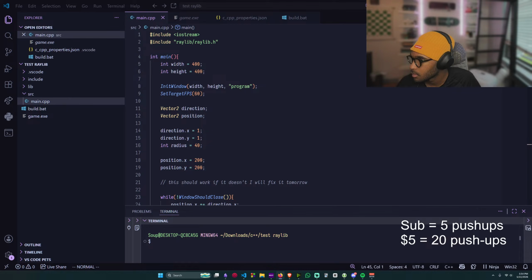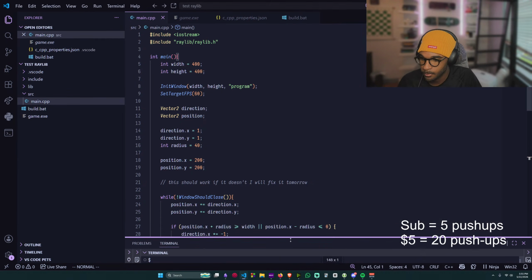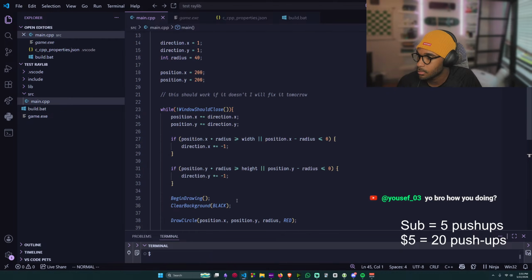Get ready to embark on an epic game development journey and recreate the most popular game ever created, Tetris. With just a few hours of your time, you'll be able to create your very own fully functional and engaging Tetris game using the C++ programming language and the Raylib library. Join me as I take you step by step through the process, from setting up the game loop to creating the game grid,